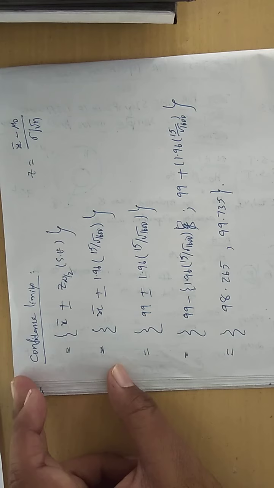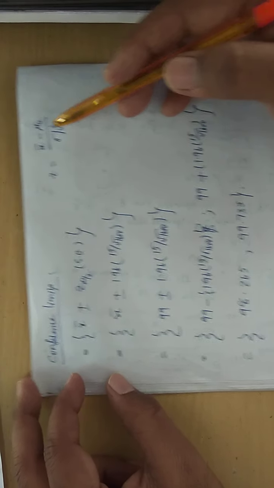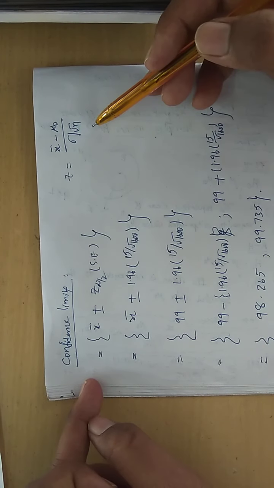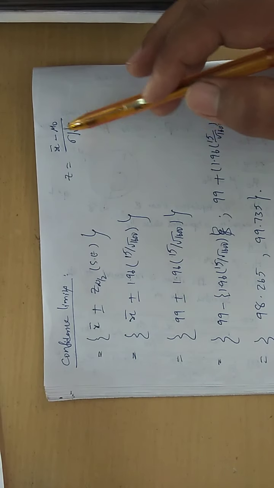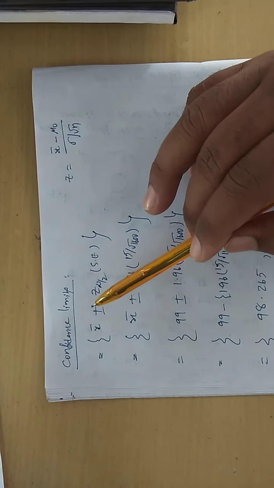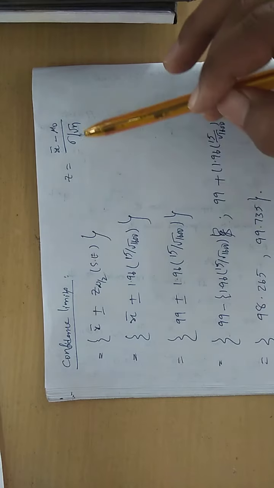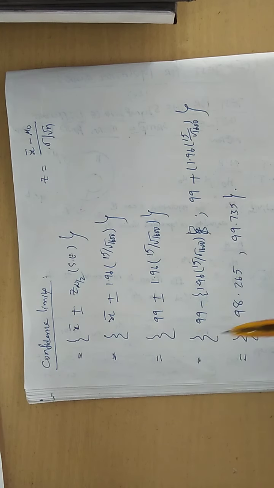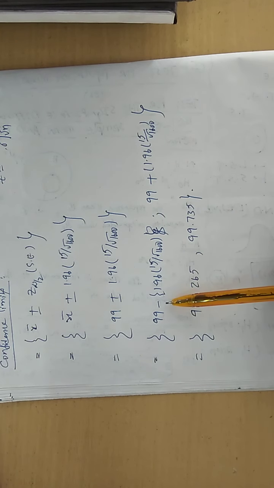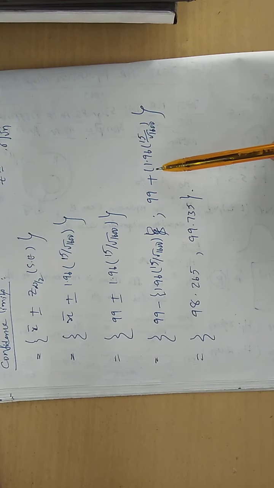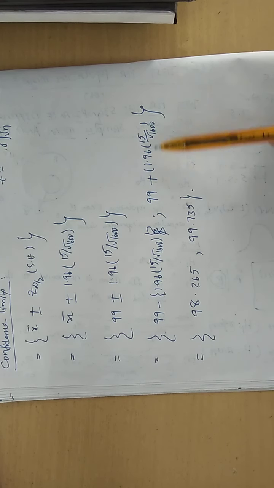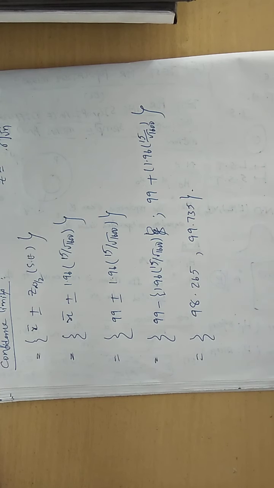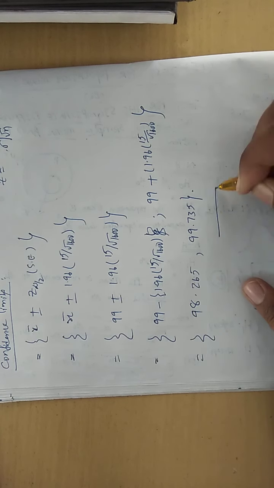So this technique is very, very important. From the formula only you are finding the limits, lower limit and higher limit. Write down the formula: the sample value plus or minus the table value into the denominator value. The denominator value you call the standard error. For the lower limit, you need to go for the minus operation. For the higher limit, you need to go for addition, plus. So this is the entire completion of the problem.